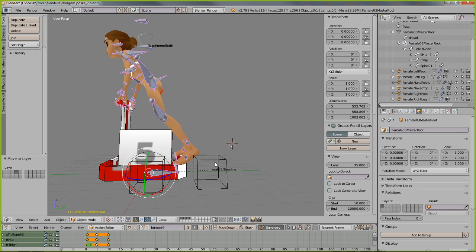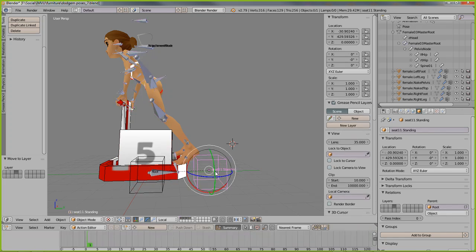So what we need to do, seat 11.standing, that now needs to be centered on the grid. So this origin point now needs to be moved to grid center. Because what we're essentially trying to do here